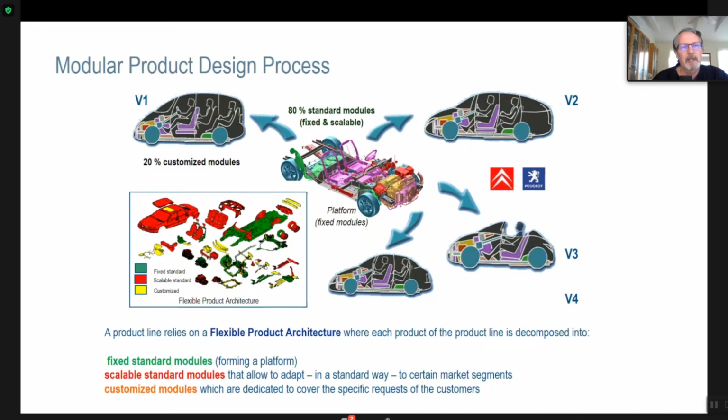Then there are these scalable elements. You can see it happening around the firewall. You can see it happening in the body on top and the compartment inside. And finally, there are these customized components in yellow, the bumpers, the sunroof, a few upgrades to the engine. But we want to produce 80% of a vehicle from fixed and scalable components. And just with this simple system, I can make a family van, I can make a hatchback, I can make a sports car, I can make a family coupe.